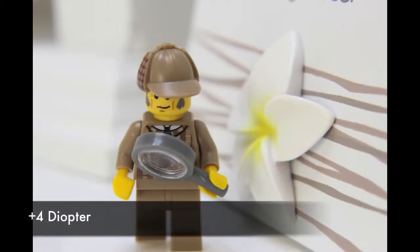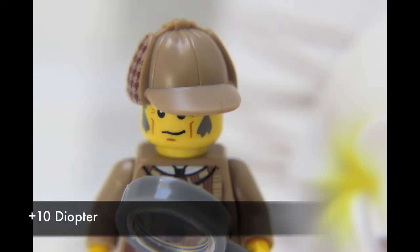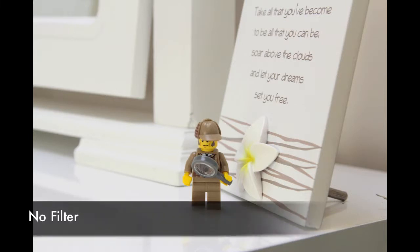So here's the 4. And here's the 10. Here's without any filter. So as you can see, they do make quite a large difference with your photography, and they can give you quite high magnification levels. I tend to only use the 4, but if I'm doing very, very small, minute details,